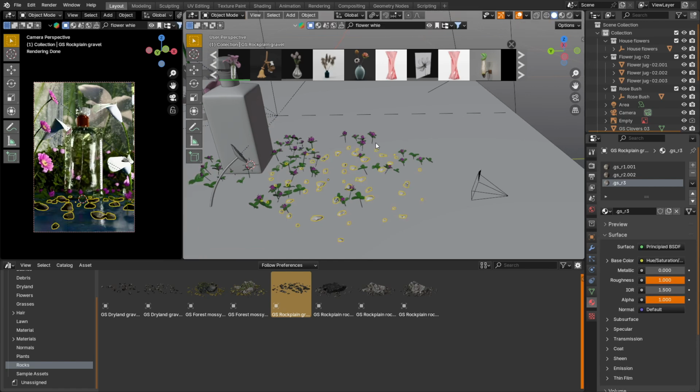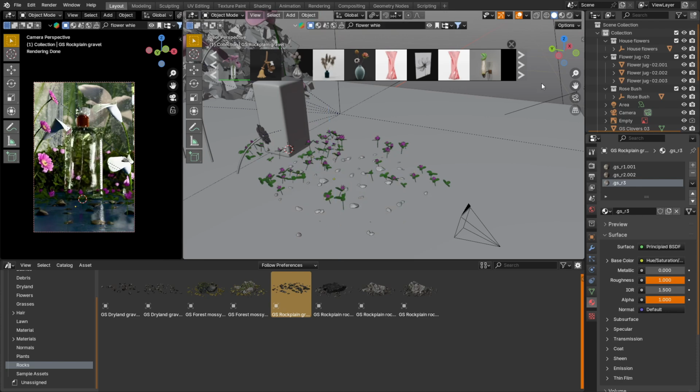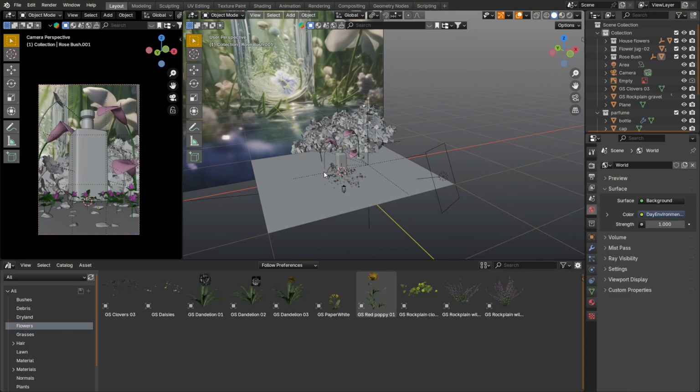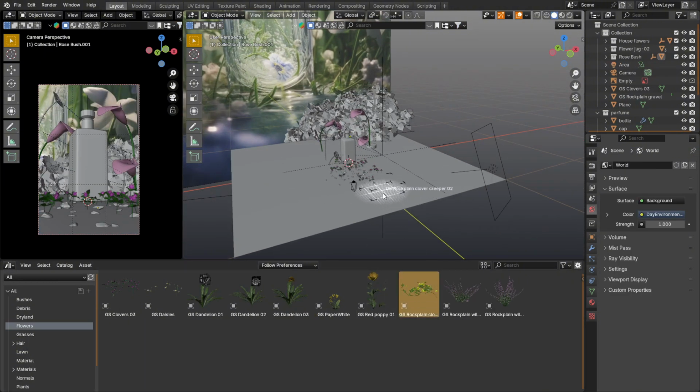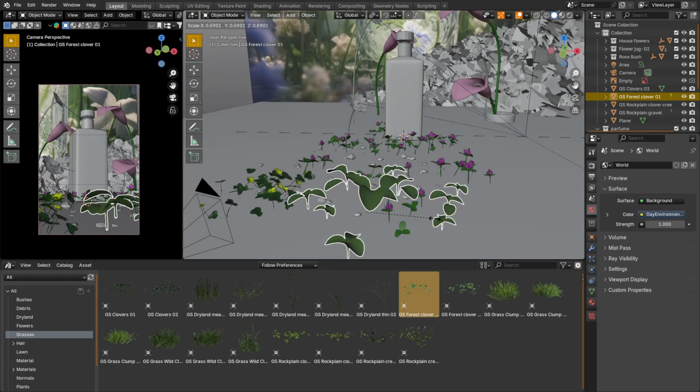I also want to fill the scene a little from the left and right edges, as if in the center there is a barely visible path to the bottle. So once again we turn to the library, and from this I choose an unknown type of flower. In the same way I add grass, I add leaves. That is, I fill the scene step by step.